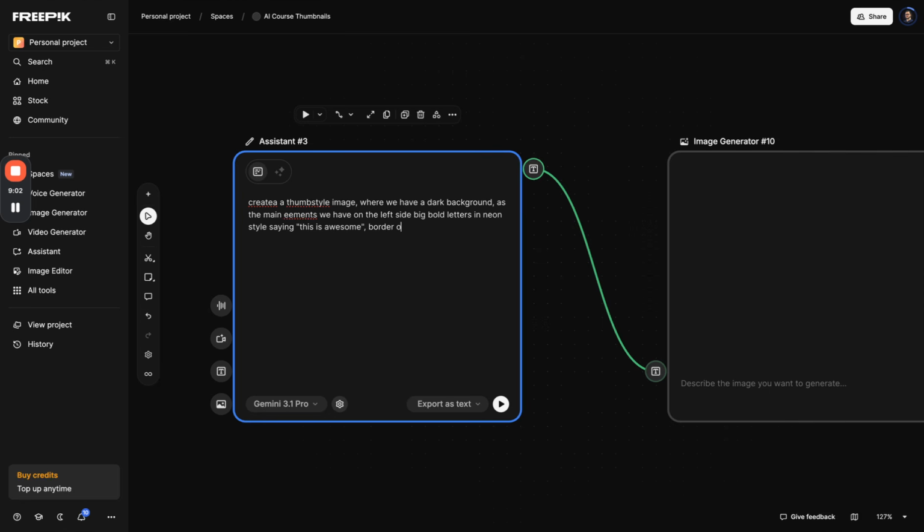Border orange color, and then also make sure to add a bit of glossy effect. Okay, on the right side, we have a robot in the style of, I don't know. So now it's sort of rusty,